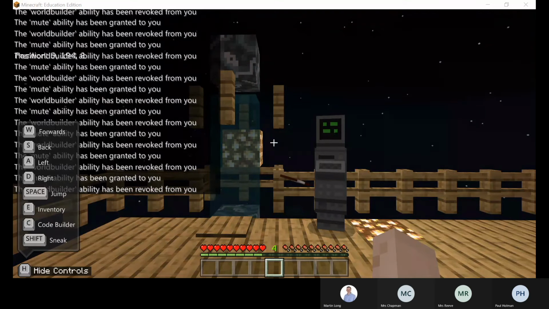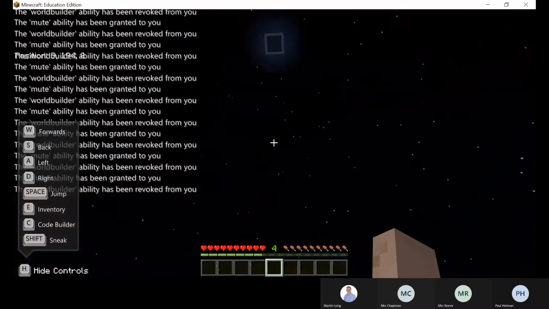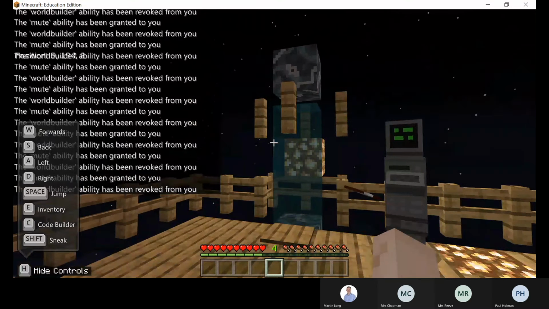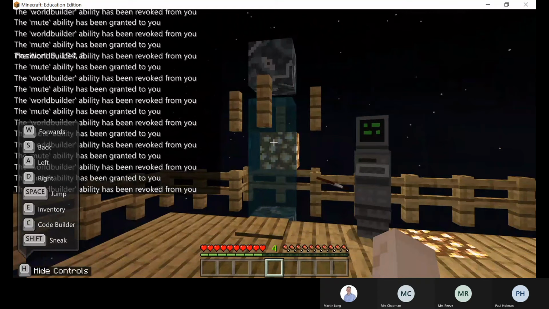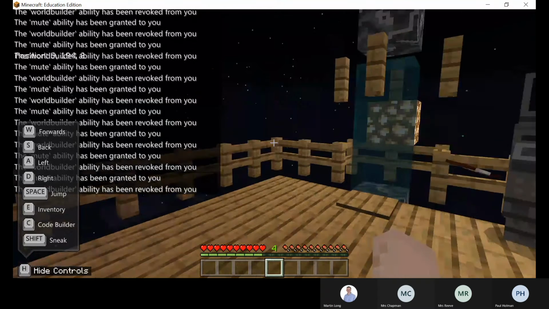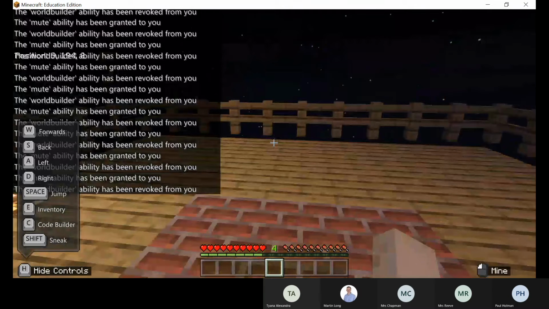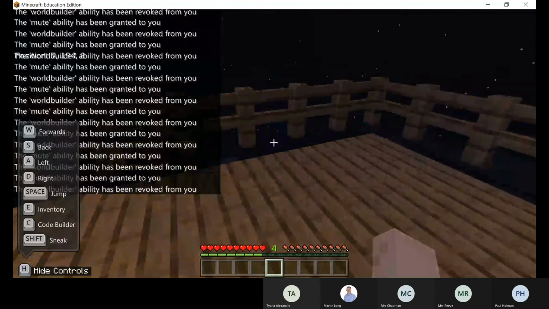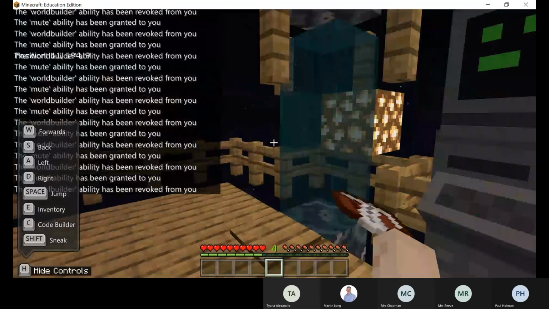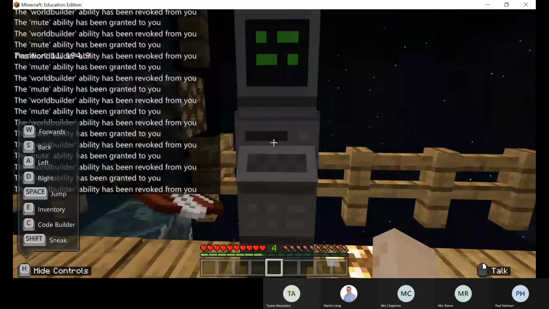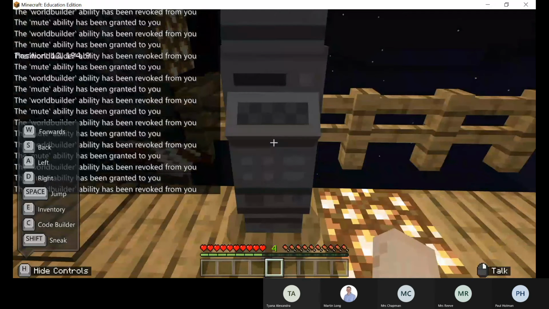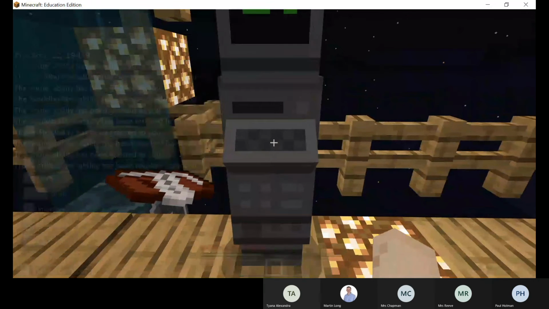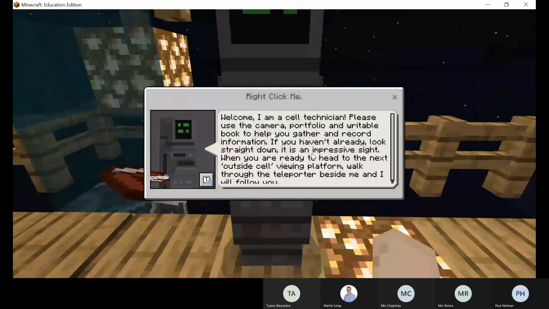You put your account in. You land on the landing screen, and then you go to, for instance, My Lessons, and you can come into a pre-made lesson, and you can walk around and find the content that's available here for you. You don't need a mouse, or you can use the keyboards. And then all of a sudden you'll come in, and there you have to look for things like bots that you might want to speak to, and you interact with them. And it's either a right click of the mouse or a left click of the mouse. So by right clicking, it says, "Here's my technician." It starts to guide you through.